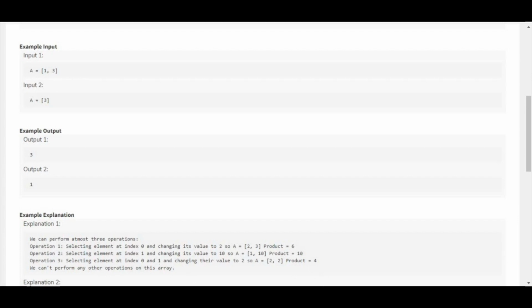So let's look at the solution outline. If the array has at least one even element, then the product will definitely be even. So we want that there is at least one even element. Let's consider that the array is A1, A2, A3 up to AN.